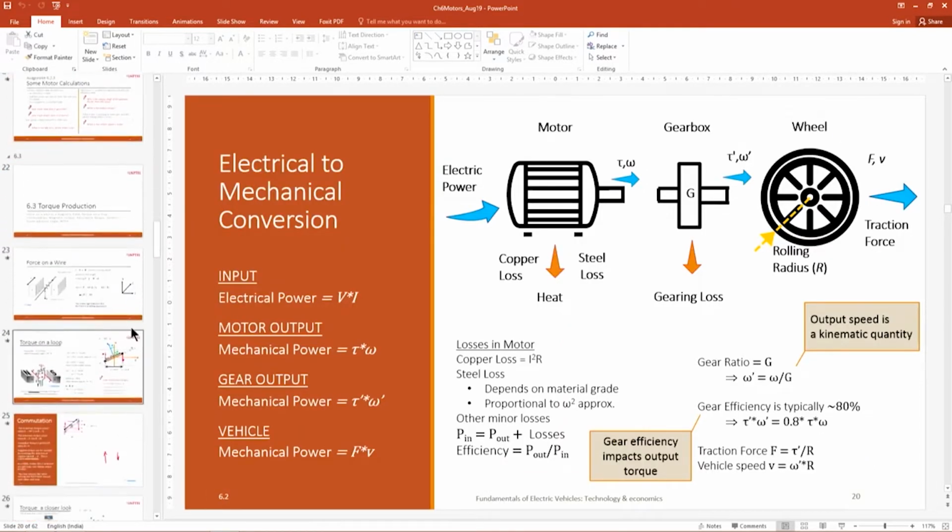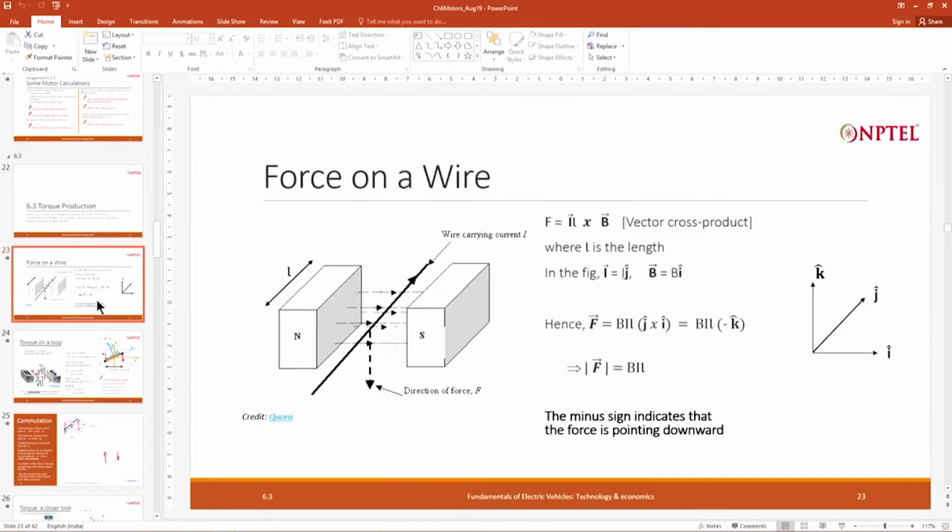finally, we started looking at torque production, the most fundamental case being where a current carrying conductor in a magnetic field experiences a force which is perpendicular to the direction of both the magnetic field and the current, and this can be then exploited by turning the wire onto itself like a loop, and it will result in torque production. And